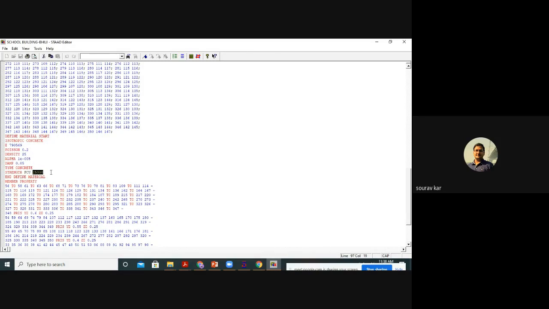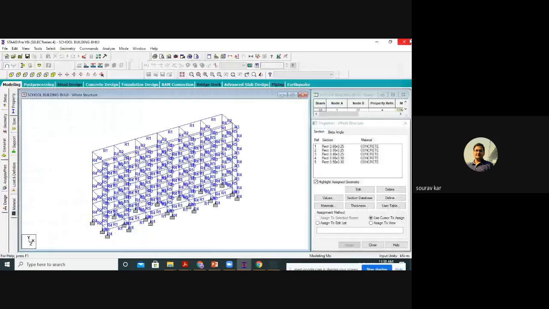Again the strength, FCU 25,000, because we know the characteristic strength is 25 Newton per millimeter square. We are converting that to kilonewton per meter square, that is 25,000. I showed you the conversion last day. After this we have to put the loads, but before that we will set up the bucket list for loads.